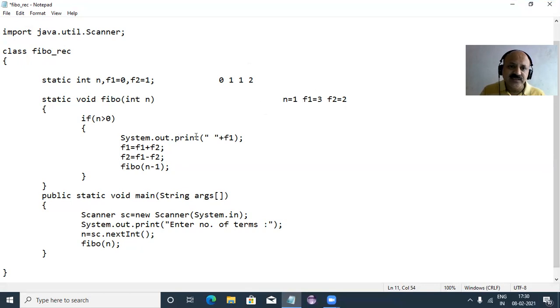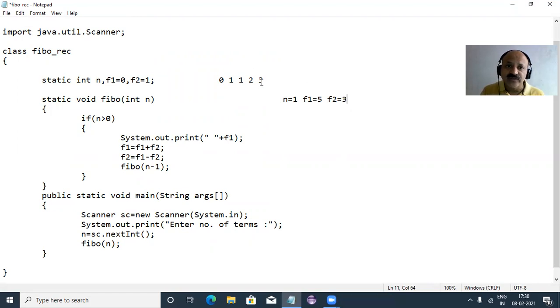So this is the last time it runs. f1 is 3, so print 3, and then 3 plus 2, so f1 is 5, our next term, and 5 minus 2 is 3, which we store as our previous term f2.